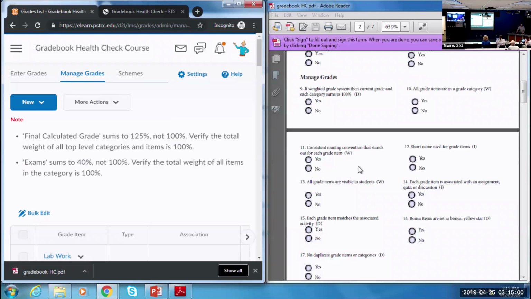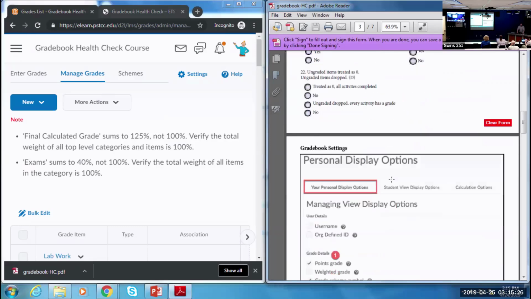So again, checklist. If I'm using a weighted grade system, the current grade in each category sums to 100%. Well, there's the note. I've done some serious problems with my gradebook. Students are definitely not going to get what they're supposed to get. If you don't know how to make these adjustments, what you'll notice on the following pages, there are some